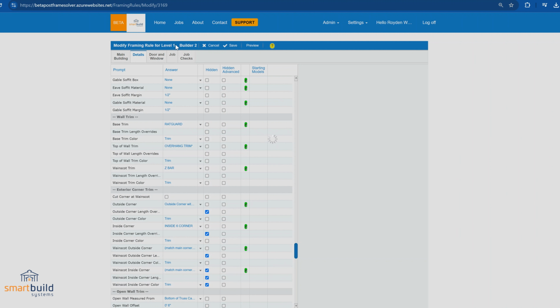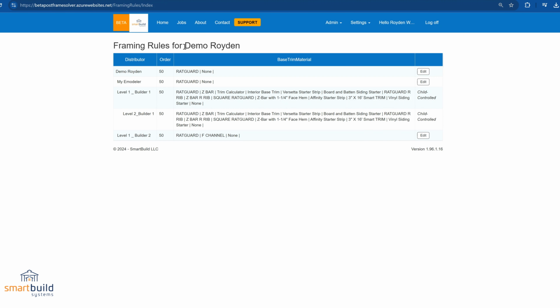So keep in mind what we've done. We've added a new trim to this level 1 builder, and this is where you can have different builders, so it's unique. They've got an F channel here, and now we don't have F channel on the parent account. We're not using that as our base trim. So I can add new